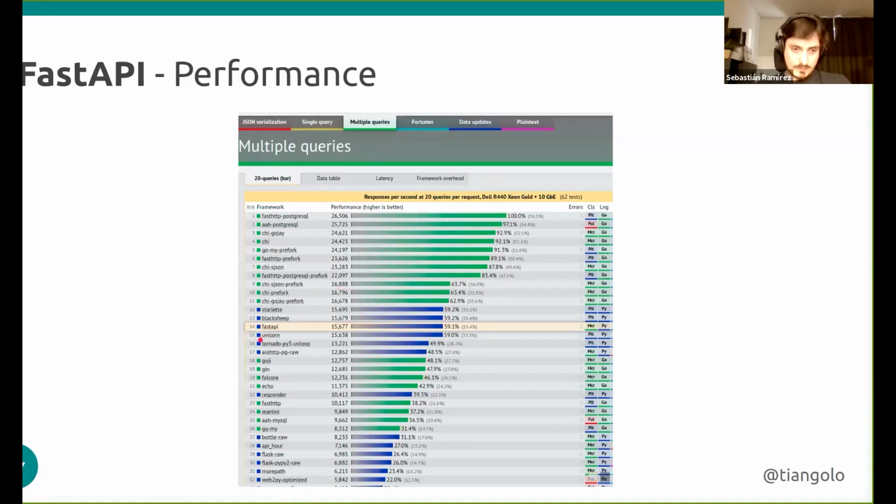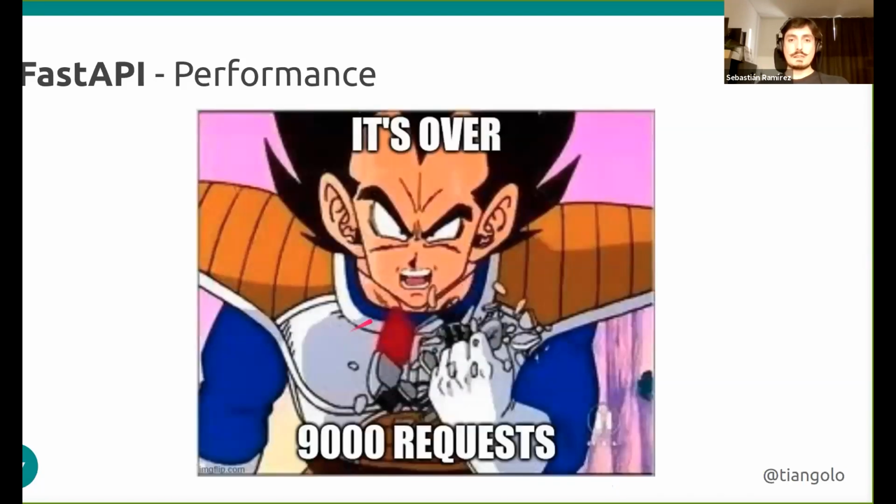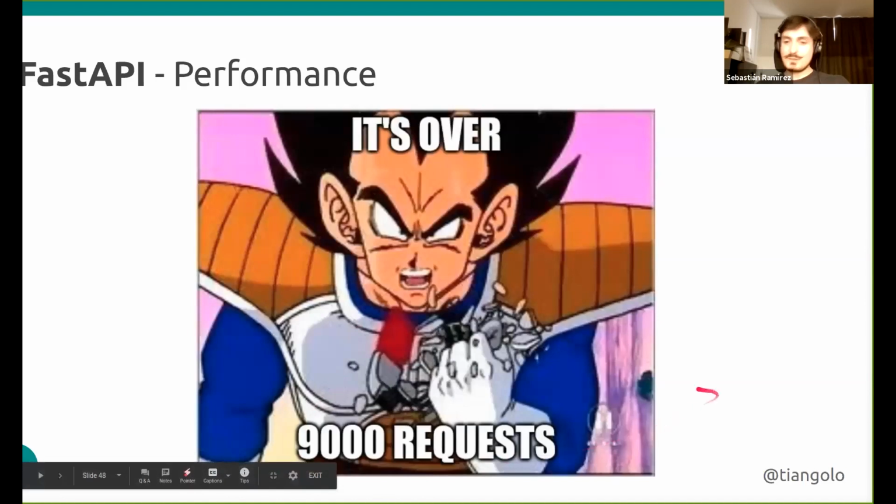Even more, here's Uvicorn, which is apparently under FastAPI, and Uvicorn is the server itself. So this is not even a framework. This is the thing that runs Starlette, that runs FastAPI. FastAPI runs on top of Starlette. So this one should be on top of everyone else. But the thing is that you get on the ballpark of the best performance available that you can get, and you get data validation, data serialization, documentation, and everything for free. And if you check here, we are having more than 15,000 requests per second. So this is actually over 9,000 requests. So this is quite good.